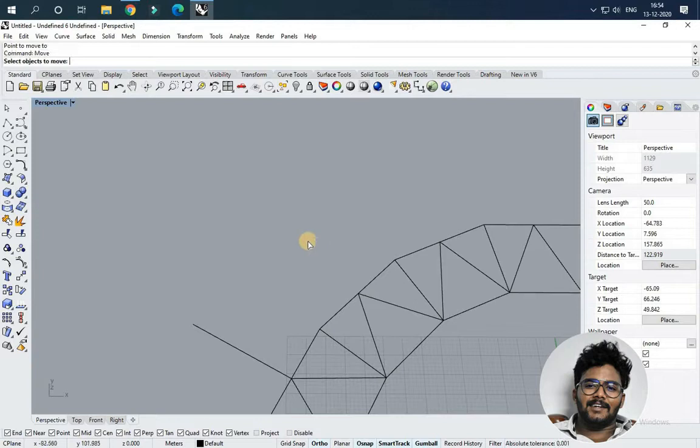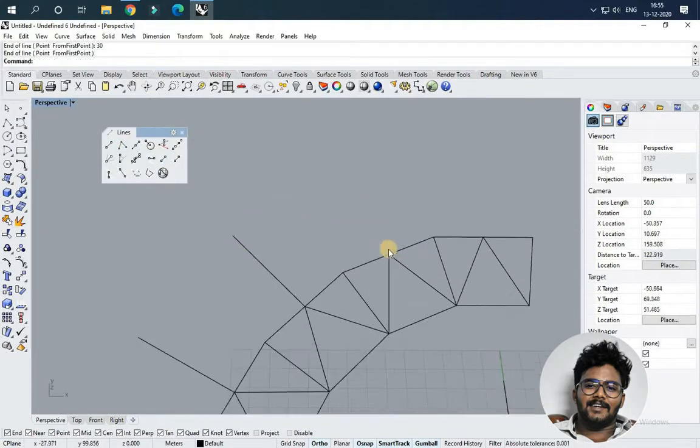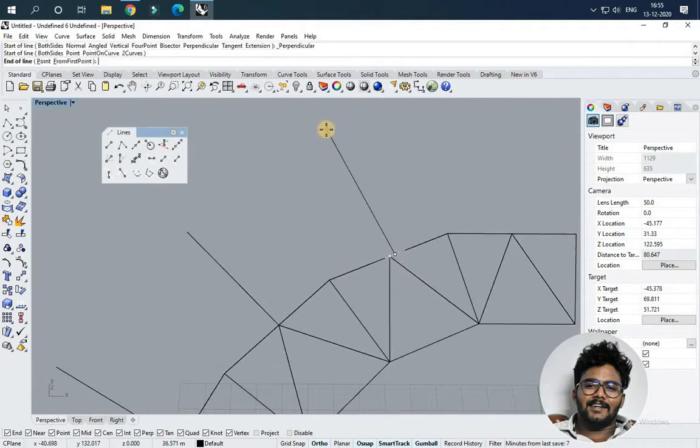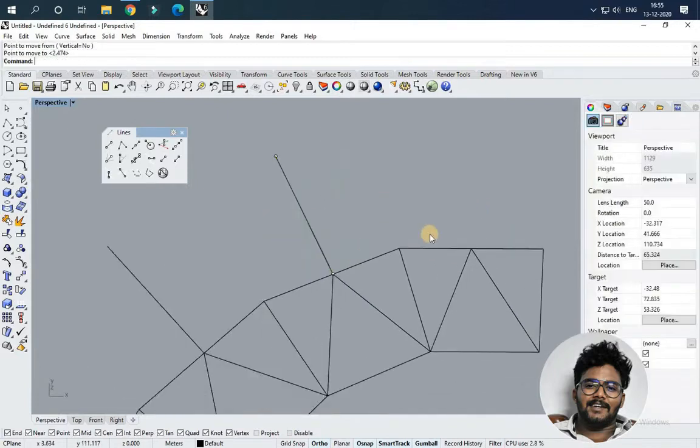Okay, so every time I cannot just take the icon, take the command from the command box. So I'm dragging the line over to the toolbar so that I can access the command very easily. So I'm just doing this for the entire triangular pattern. Our ultimate goal is to create a pattern and turn the pattern into a 3D model. That's our ultimate goal.